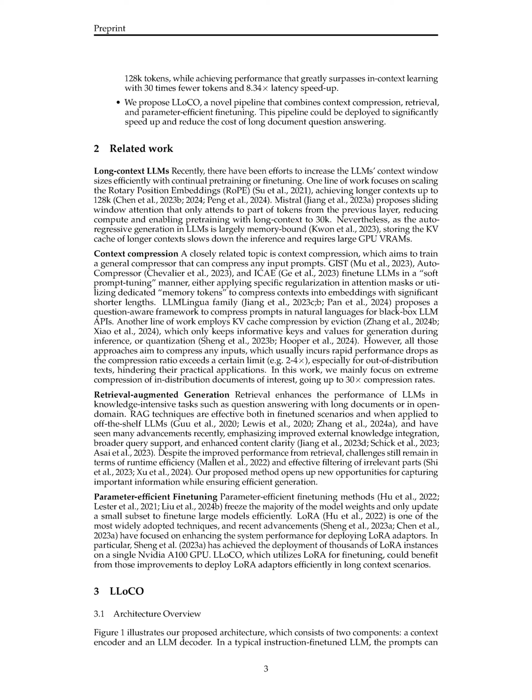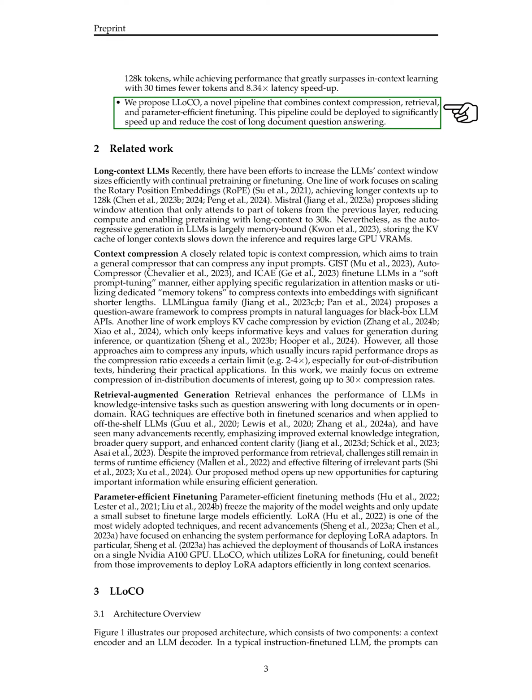Section Summary. In this section, we explore the challenges of processing long contexts with large language models, LLMs, and propose a novel approach to address this issue. By combining context compression and parameter-efficient fine-tuning, we extend the effective context window of a 4K Llama 2-7B model to handle up to 128K tokens, achieving superior performance with significantly fewer tokens and faster processing speed. Our proposed pipeline, LLoCO, integrates context compression, retrieval, and fine-tuning to enhance the efficiency and cost-effectiveness of long document question answering tasks.